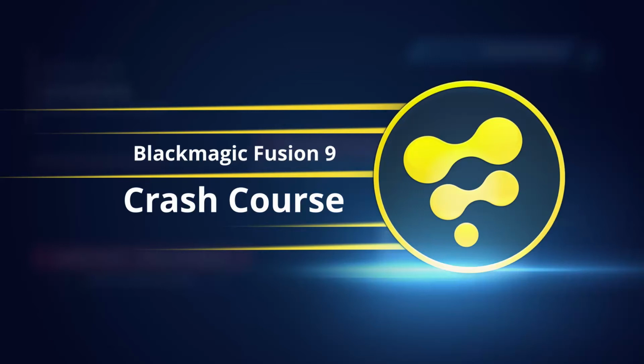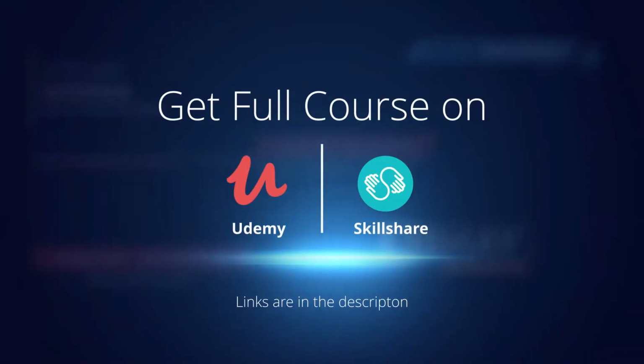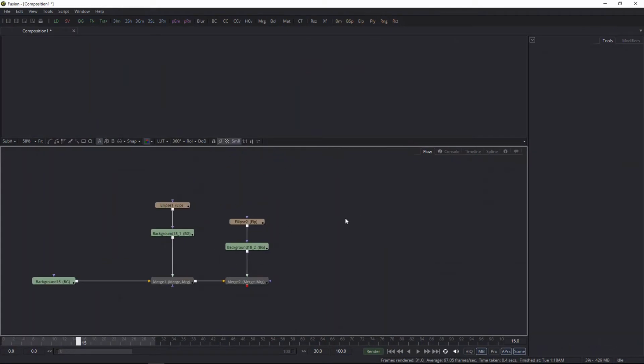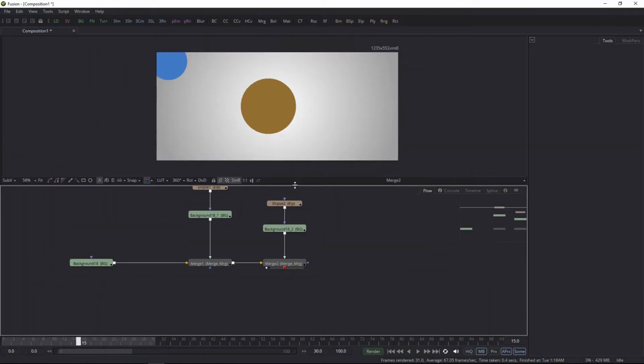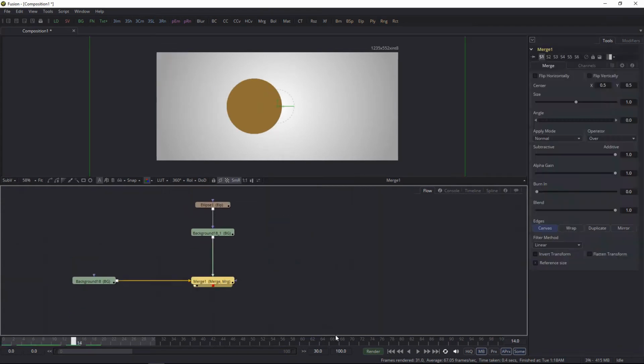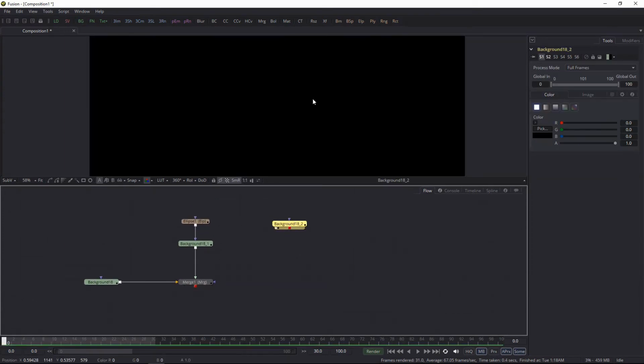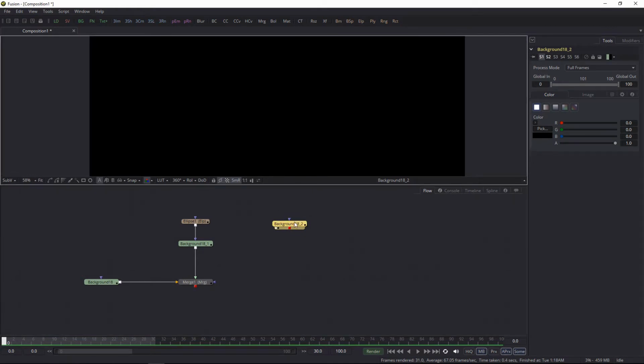Okay, so let's talk about the mask shapes now. So I'm going to delete all of these nodes. I don't need that, and I want this one. Let's leave it for now. I don't need this. Okay, so we have this. Let's leave it. And if you create, let's create a new node, new background node, and we can apply masks